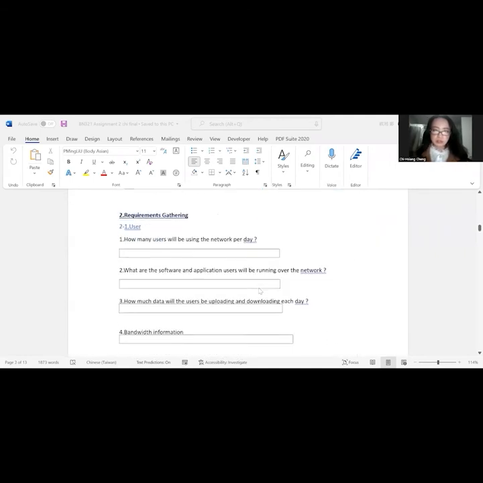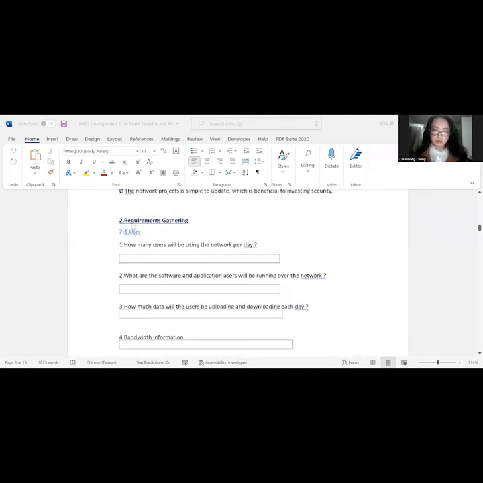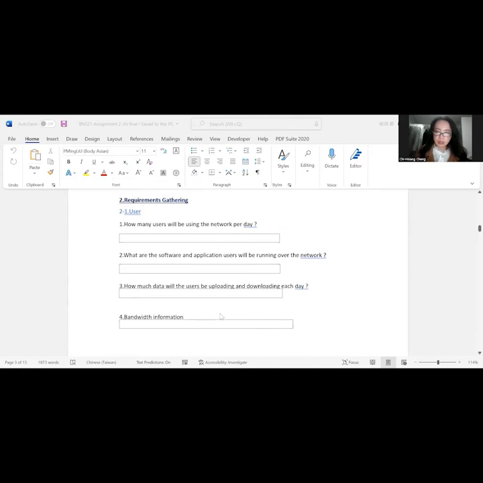So we can use a questionnaire for our users, like how many users use the network per day, and how much data the users will be uploading and downloading each day, and what kind of software and applications users will be running over the network, and bandwidth